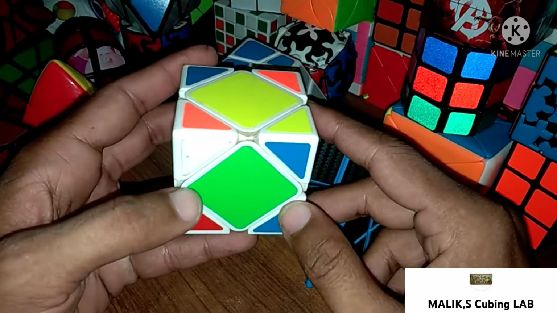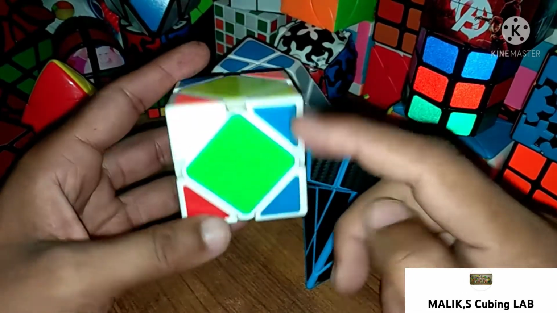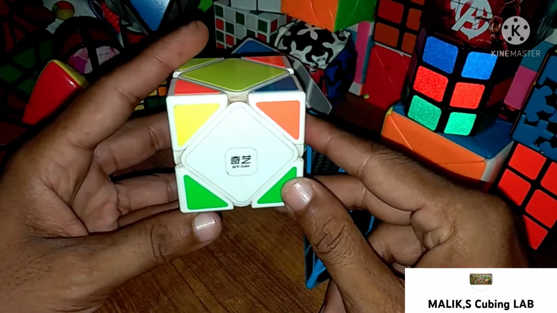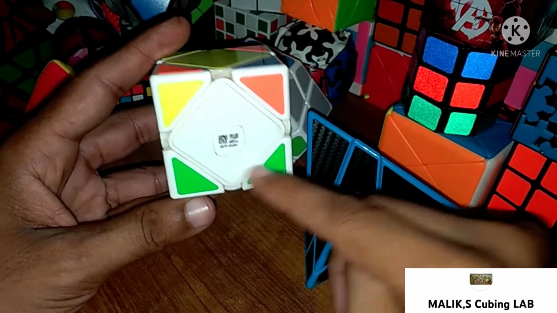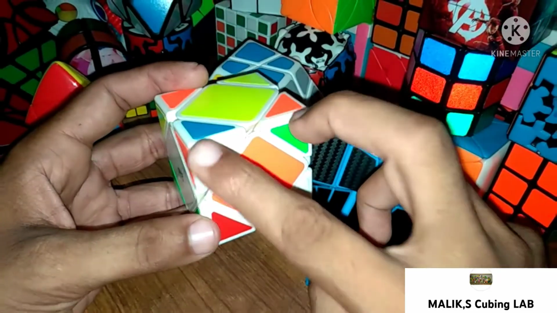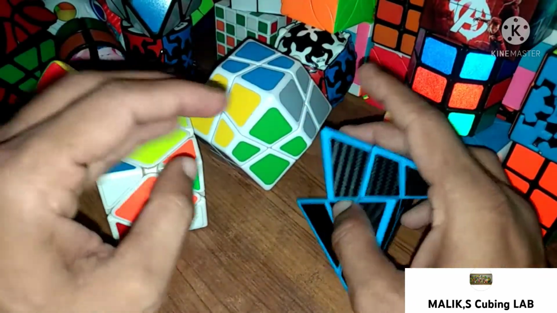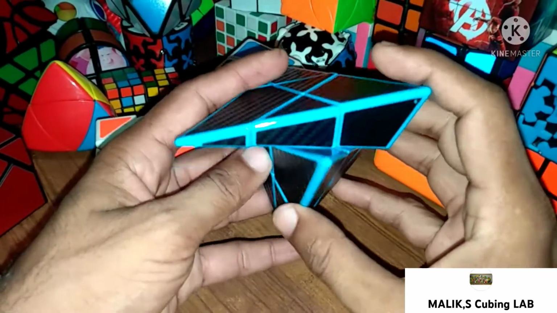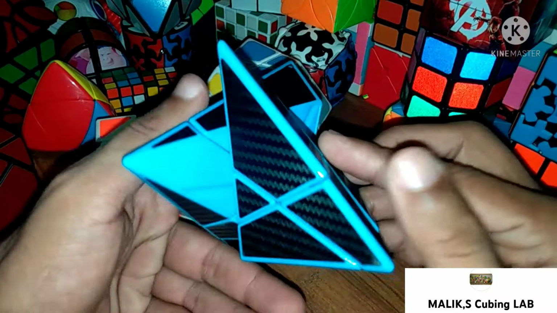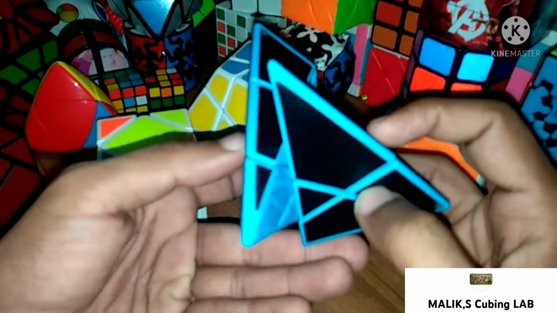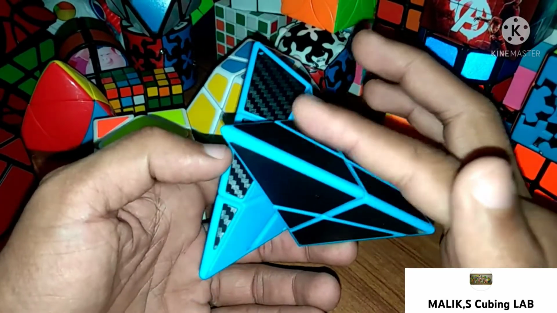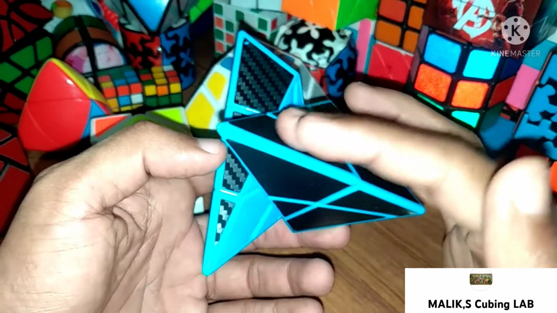So if we hold the cube like that, this is our top center, this is our bottom center, these are our front center, and similarly if we hold like that, these are our bottom corners, these are our top corners. On every side these are bottom corners, these are top corners. Similarly if we hold the cube like that, this is our main center. We can start our cube from this position. We can check its shape. So this is our main center. We can say this is our white center. So we start our cube from this center, and we will easily solve this ghost pyramid.